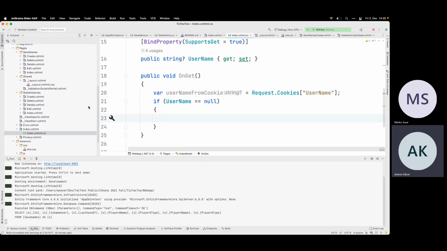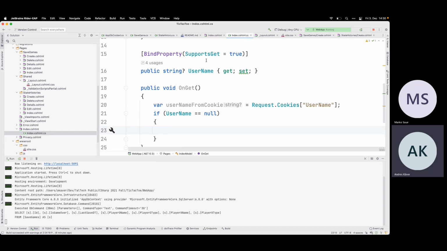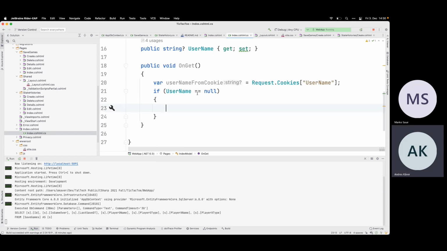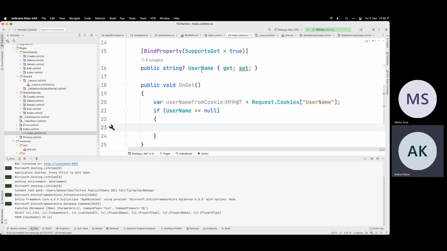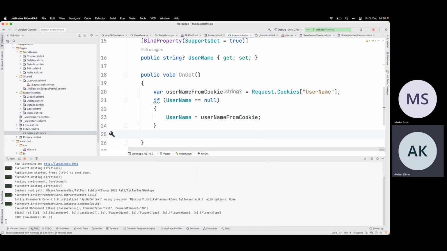If you don't have anything from the get, so if there is no query string, then this username will be null. There's no binding happening, or it was bound against an empty string, and we don't have an empty string, so it will be null. So if this username is null, if you didn't get any get parameter, then we can just say that the username is equal to the username from cookie, and then we use the one that we had in the cookie.